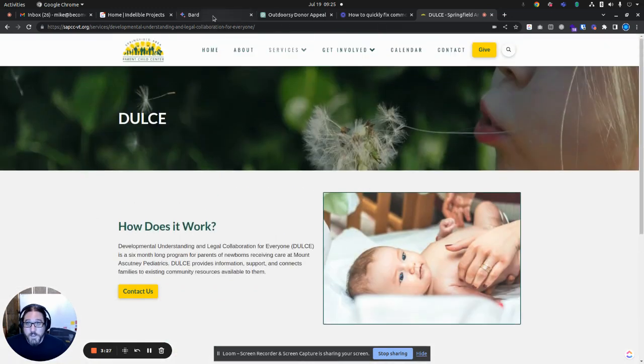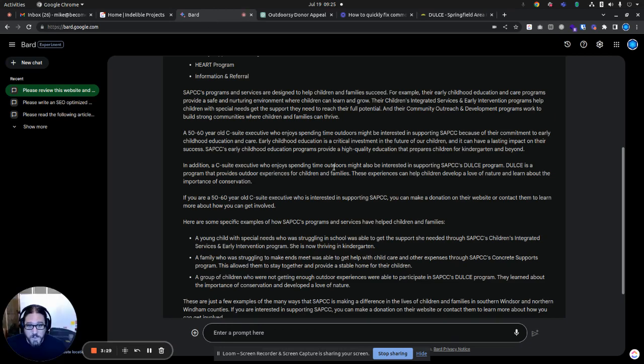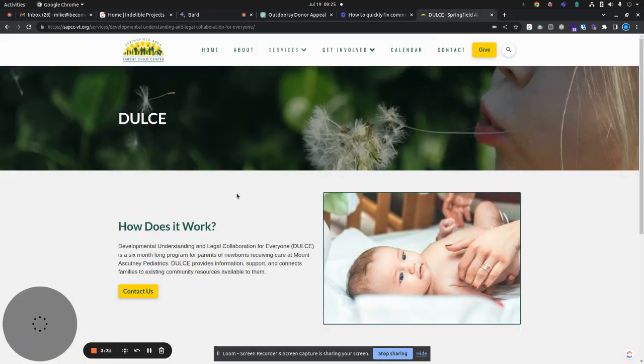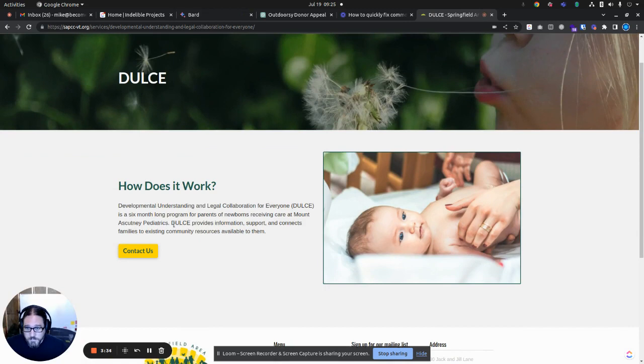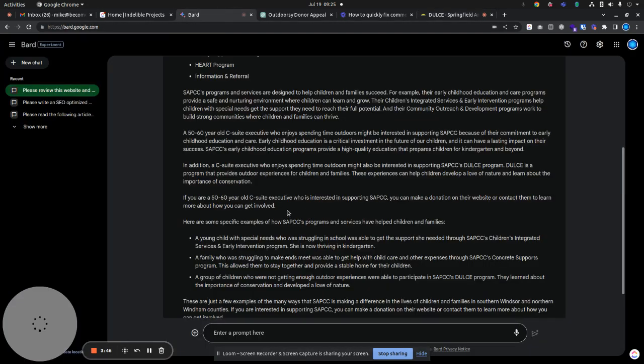So I have no idea where it got this information, and it seems to be about a program for parents and newborns that are getting care at a particular hospital. So I am not sure why it decided that that's what happens in this program,